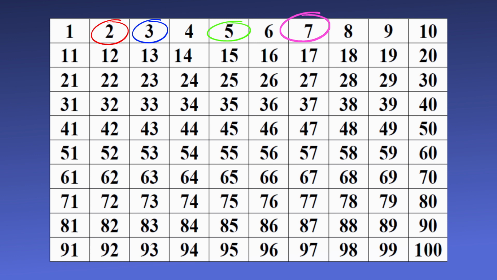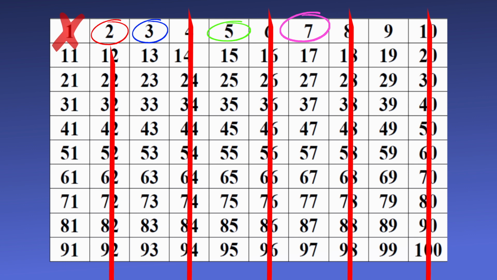First thing we'll do is eliminate the number 1, because the number 1 is not prime. And if you need to know why, watch the video I've linked to at the end of today's lesson for an explanation. Now, let's take our first prime number, 2. Let's eliminate all multiples of 2. There you go, it's as easy as that. Already, we've gotten rid of almost half of the numbers. These multiples of 2 are not prime.